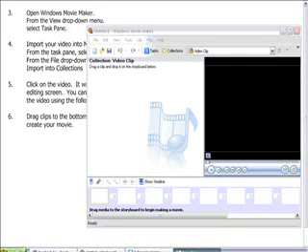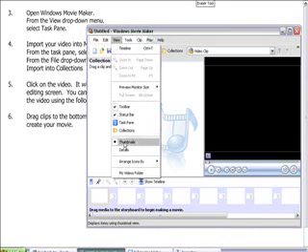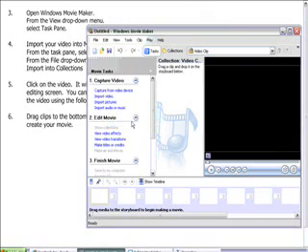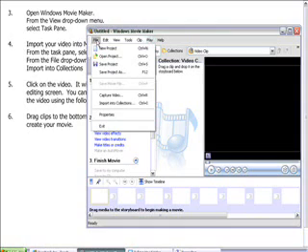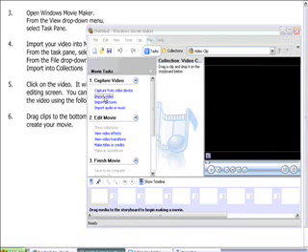Okay, you're going to open up Windows Movie Maker, and then from the View drop-down menu, you can view the task pane. A lot of what we're looking for is right here in the task pane. You can either do it from the file menus or from the task pane. What you're looking for is import video. The task pane is easy, right there. And if you go to the file menu, it's called Import to Collections. So if we just import video,